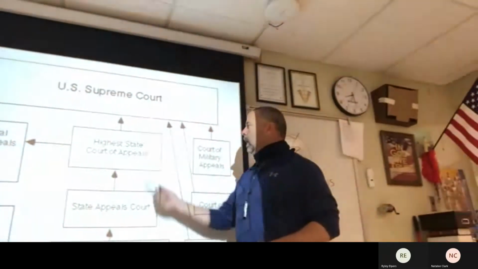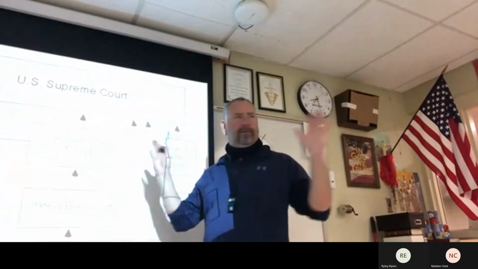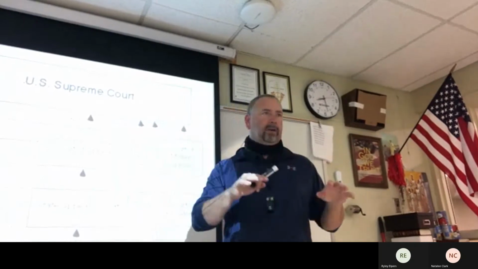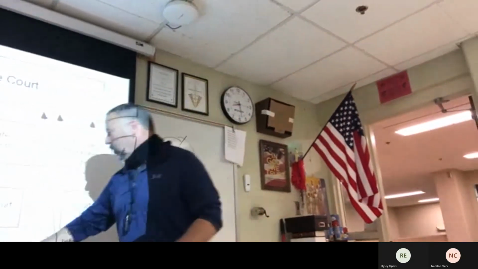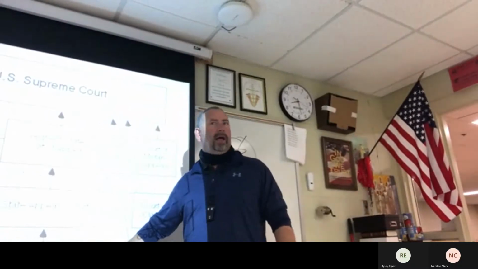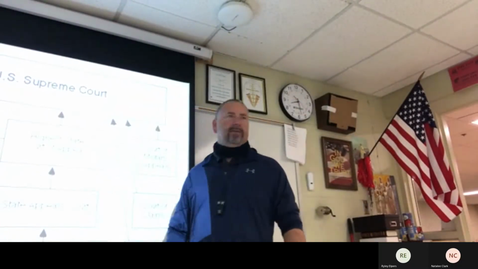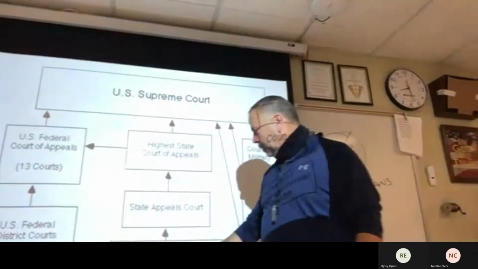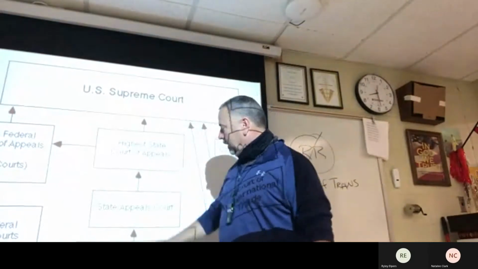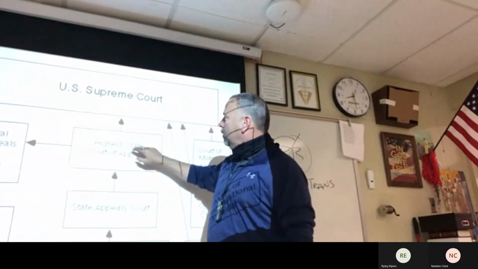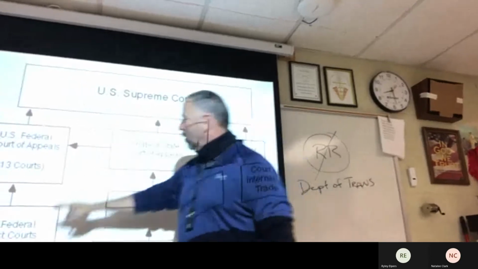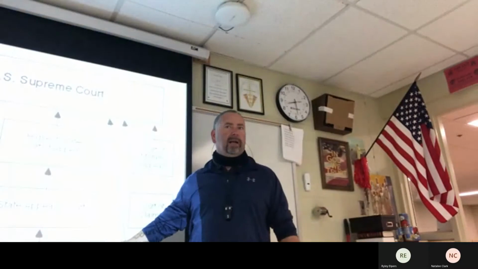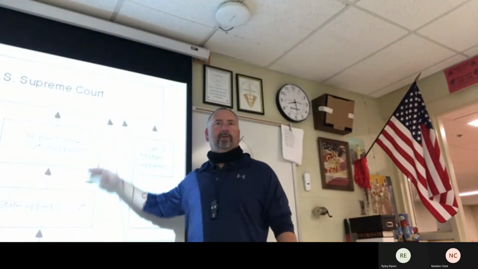These are state courts. We have a state Supreme Court. All 50 states have a state Supreme Court, and all states have state appeals courts. If you're found guilty and you want to appeal to a higher court, you can do that. This is where you get found guilty or innocent, and you can appeal that decision here, and then you can appeal that decision here, and then here. You can't appeal from here to here or to here. You've got to go step by step. You can't just appeal your traffic fine to the U.S. Supreme Court. You've got to go through the steps.